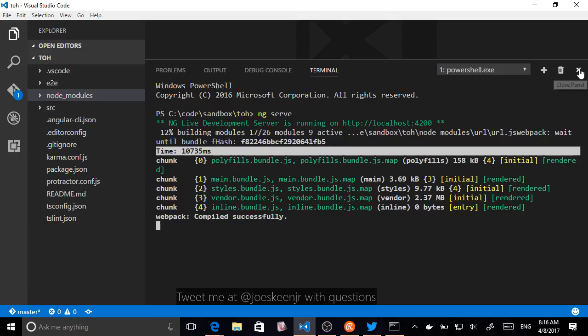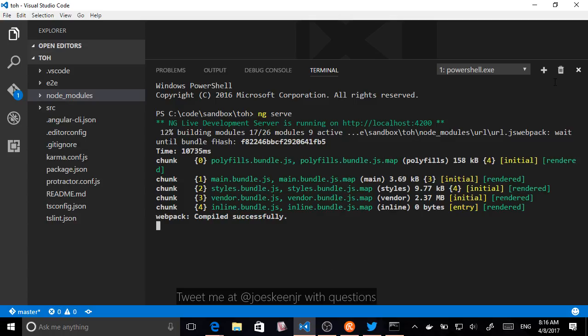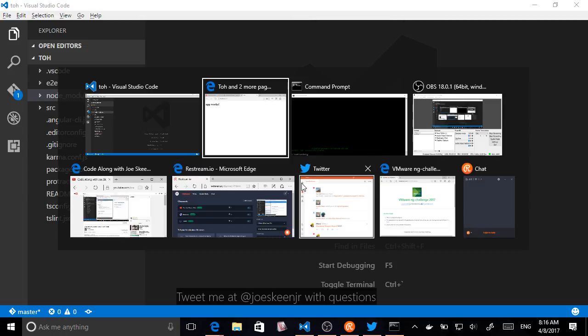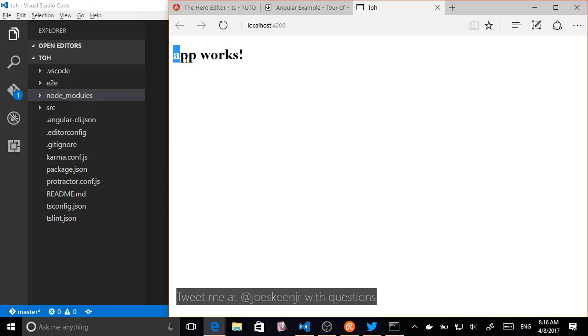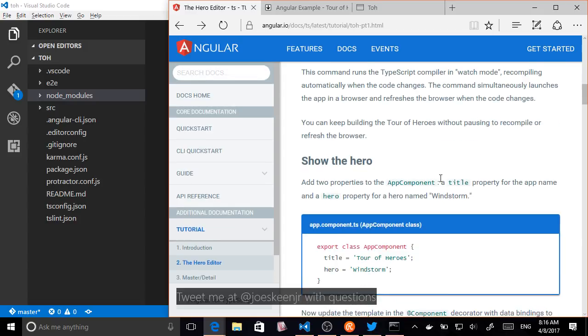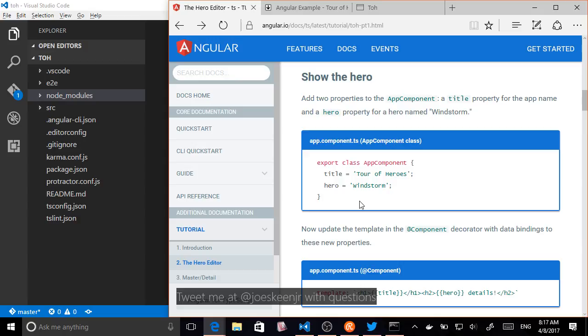So I'm going to go ahead and close this panel right now. That actually doesn't stop the process. It's still there, but it hides it, which is kind of nice. And we have an app that works, and that's great, except we want to make things a lot more fun here. So instead of npm start, we used ng serve. Let's go ahead and go to our app component and take a look at what we are going to be